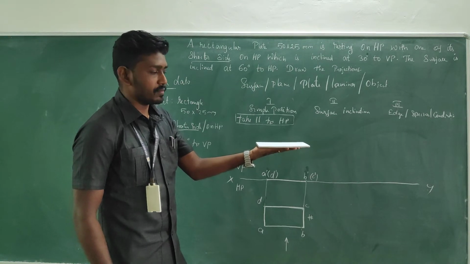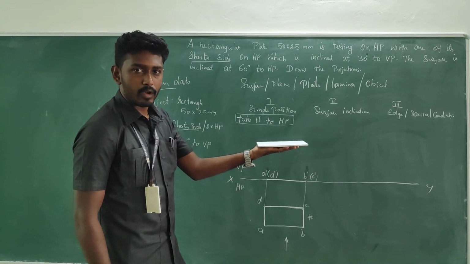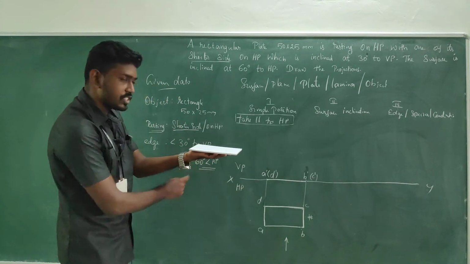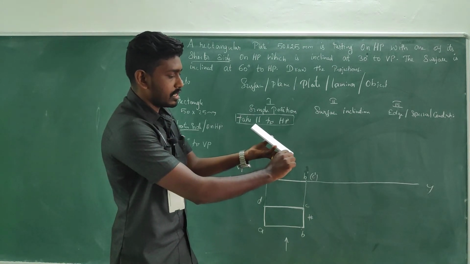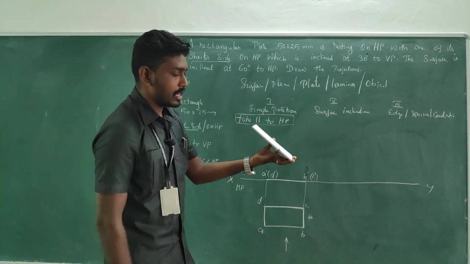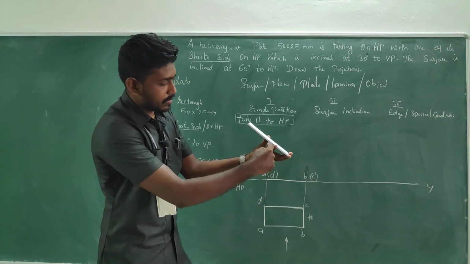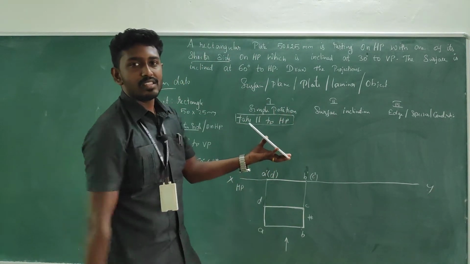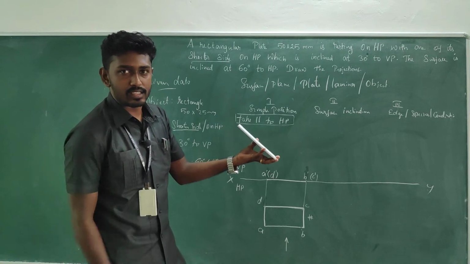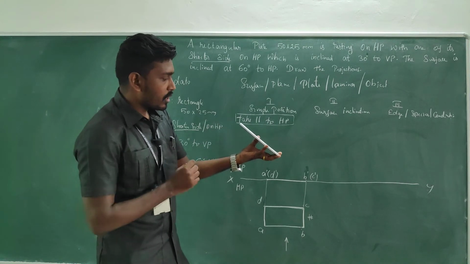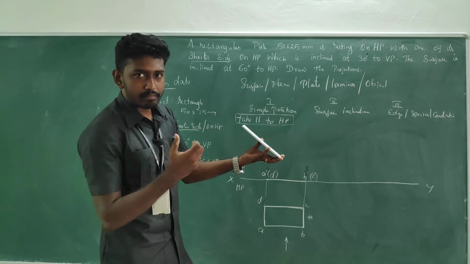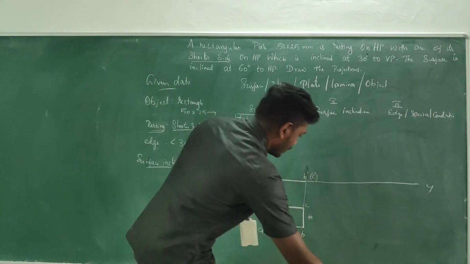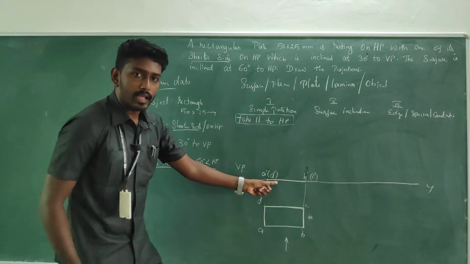Now I have taken the observation parallel to HP. Now the surface is inclined to HP at 60 degrees, so I have to tilt my object something like this. So now it is making 60 degrees. From the front view, we get a straight line, and from the top view, we can see the skewed image of the rectangle, since it is inclined. This skewed image cannot be found directly, so we go with the front view, where the true length is already obtained in the previous step.